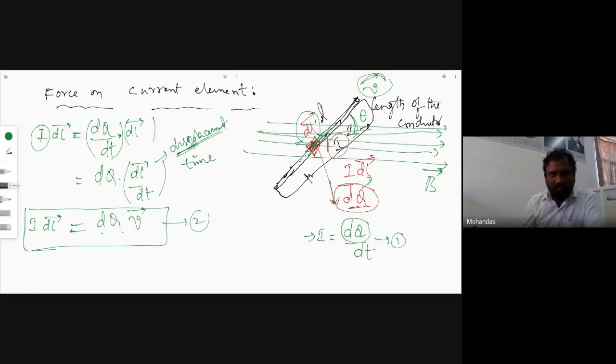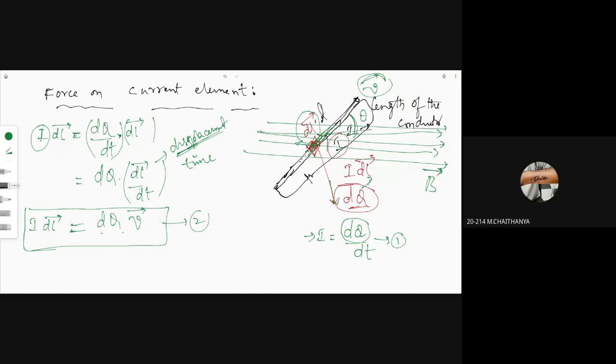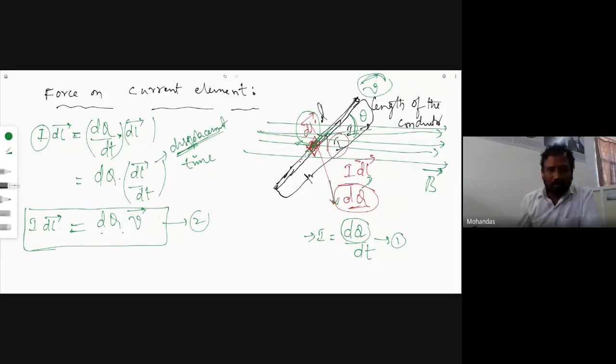Okay, everything is clear here? Are you able to follow here? Yes, sir. Right. Now, see here, listen carefully. As these charges are moving, listen very, very carefully. These charges, differential charges, are moving in the magnetic field. Indirectly, you can say these are the charged particles. The charged particles are moving inside a magnetic field.